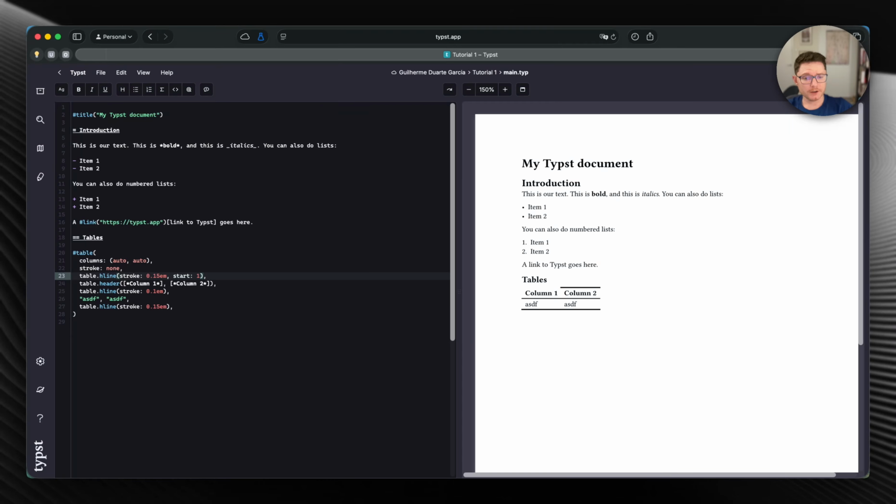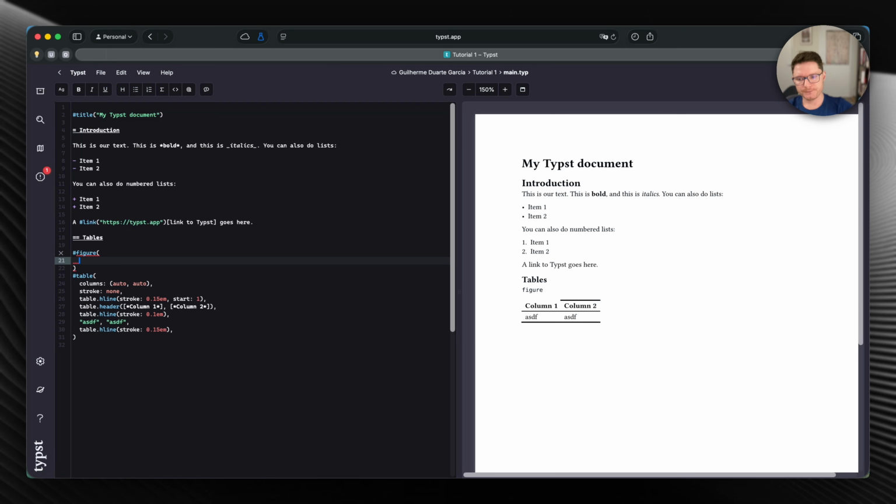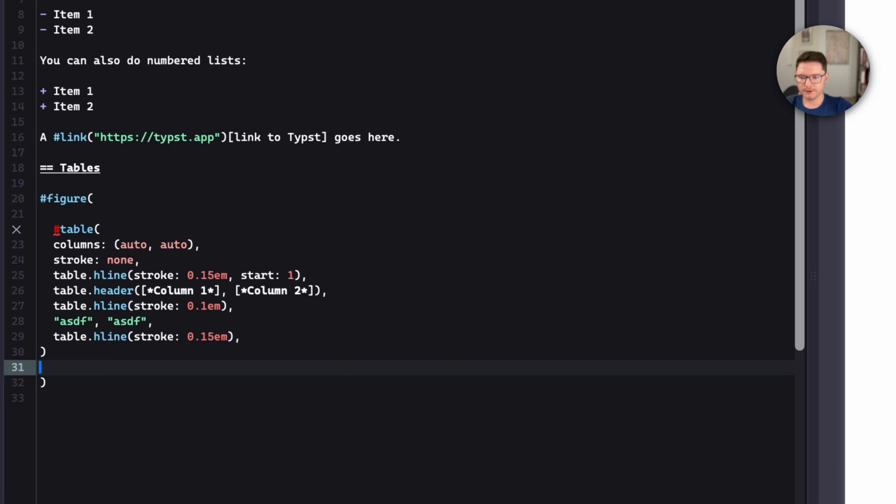Now, so far, this is a nice looking table, but it's not really an object that we can refer to. It's not centered, etc. And to do that, the easiest thing to do is to use the function figure, and we'll just wrap the table with that function. So I'll just put it in here. We will remove the second hashtag. So the moment you have the hashtag figure function, the function that goes inside doesn't need to have the hashtag.